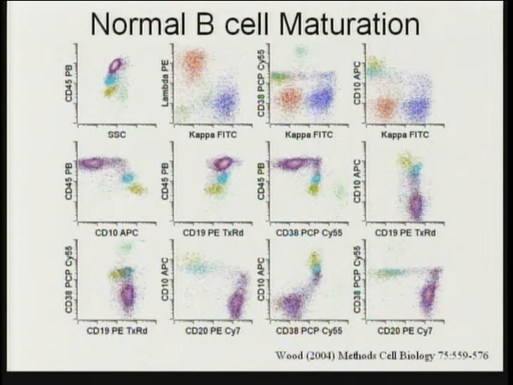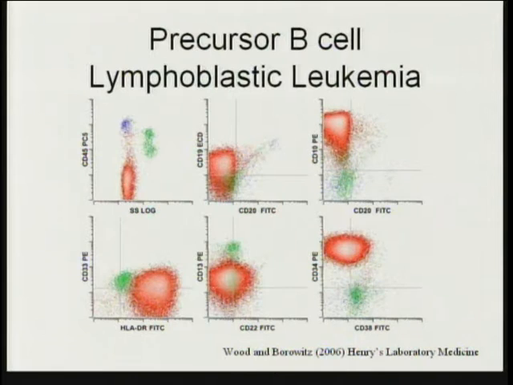And it's knowledge of these patterns of normal antigen expression that forms the framework on which we can then identify abnormalities. For instance here, this is a case of precursor B-cell lymphoblastic leukemia. And what one can see is that, knowing what normal maturation looks like, one can identify that this red population is both closely related immunophenotypically to normal immature B cells, but yet deviates from that in a number of substantial